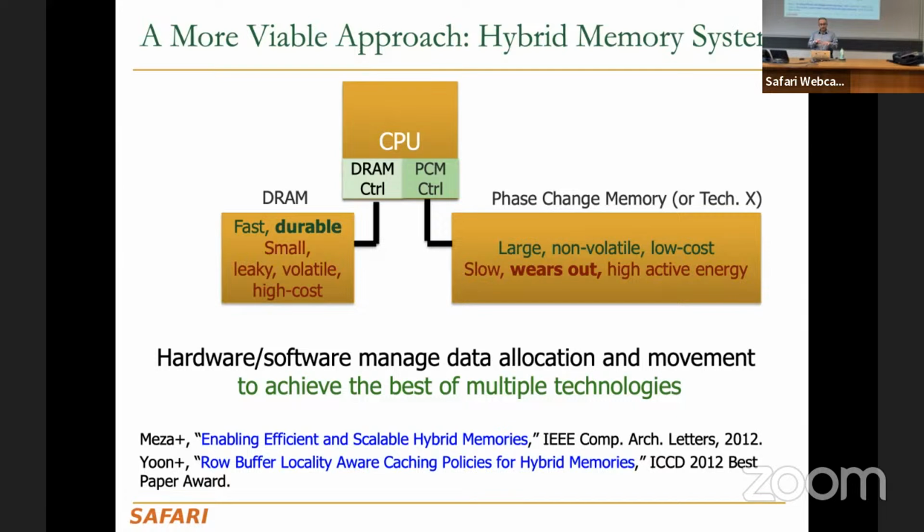They would use some instructions to store data in the DRAM part, or some instructions to store data in the PCM part, for example, or the compiler can also help. But it can also be a cache, like DRAM can be a cache for the PCM. I should also say that this doesn't need to be only at main memory. There has been work where people try to use this hybrid, for example, an STT-MRAM and SRAM cache.